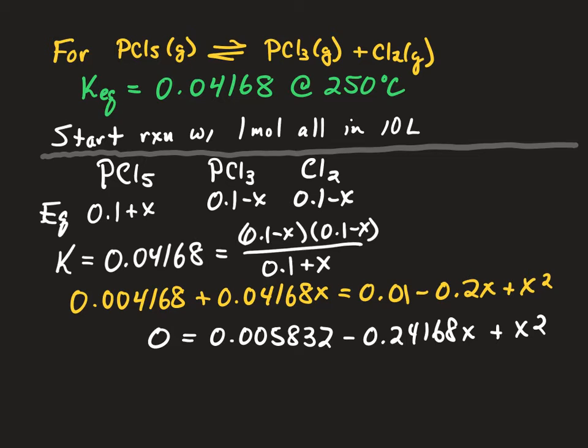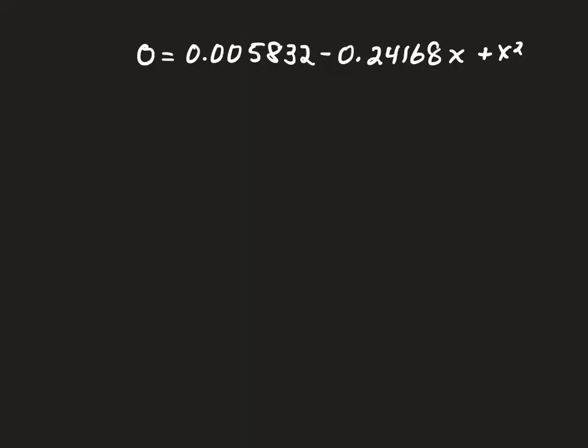That fits the quadratic equation. So now we'll go to the quadratic. Okay, I've transferred over our equation that we need to solve by the quadratic. And so if we plug this into the quadratic, we get,